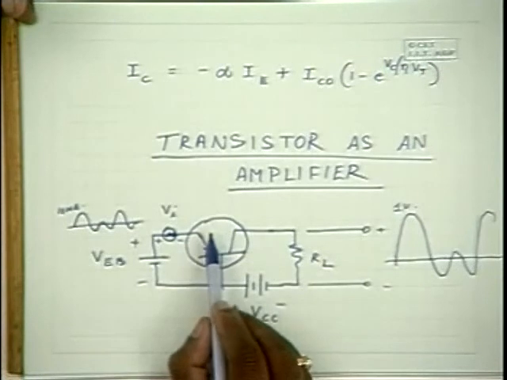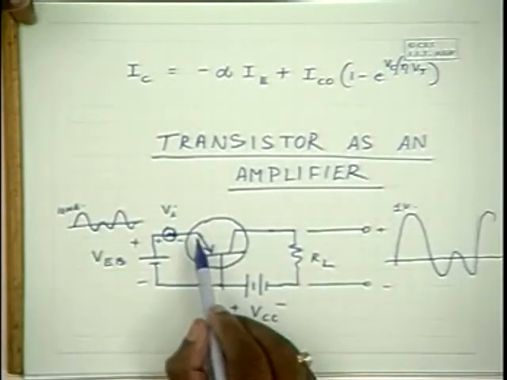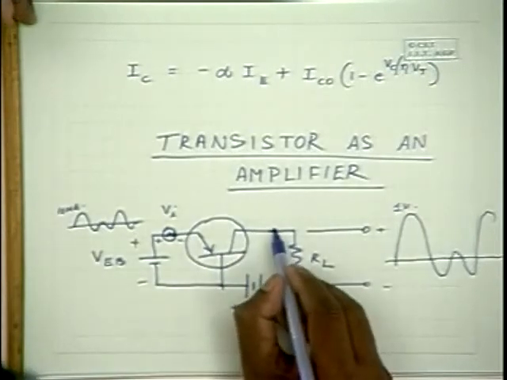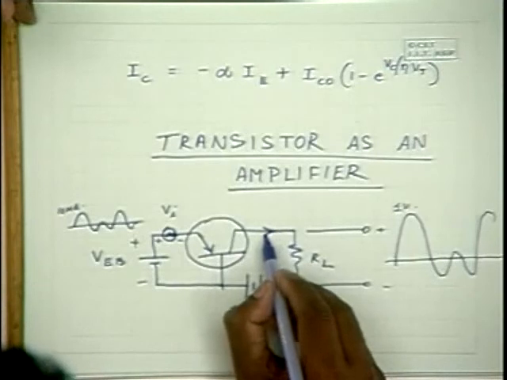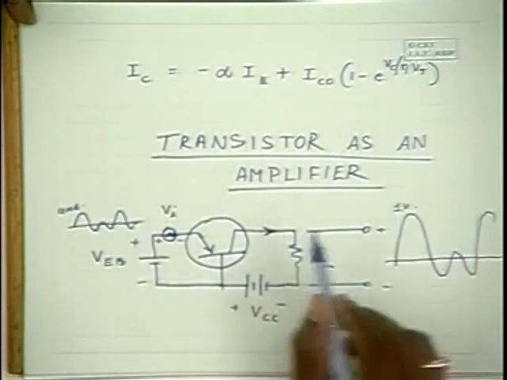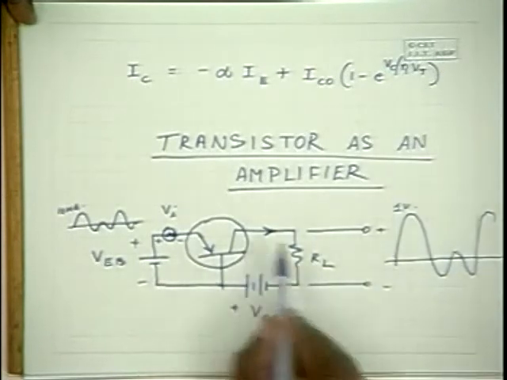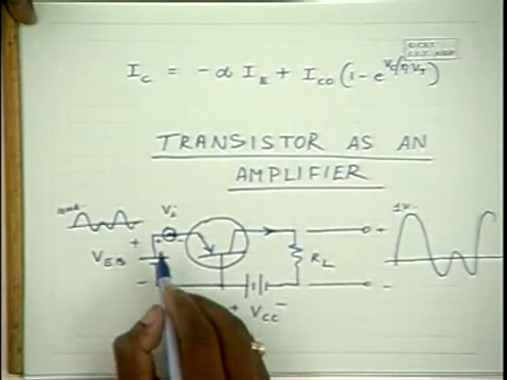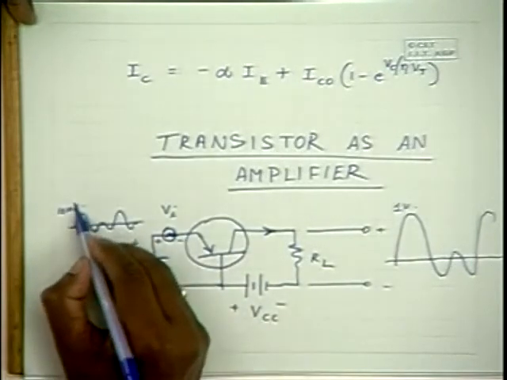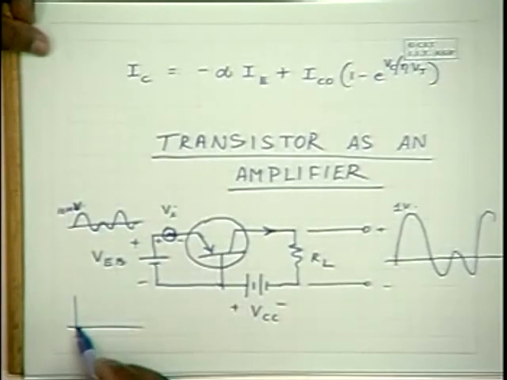So naturally, almost 98% of that current has drifted into the collector, and as a result the collector current, also the current flowing in this direction, which is minus IC, also varies proportionately. And let us say, oh I'm sorry, this is 10 millivolts. So this current is contributing a proportionate amount of